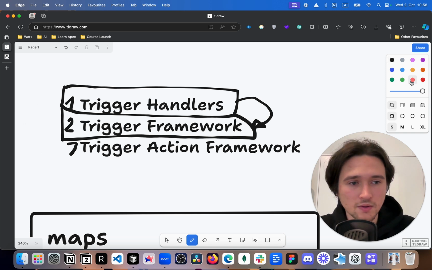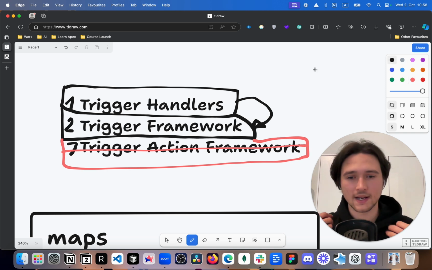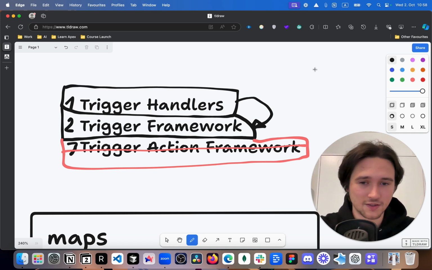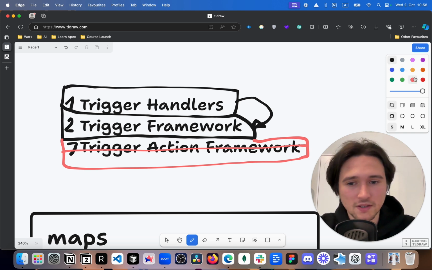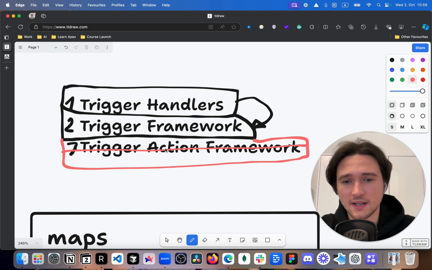And what I don't do is this part. I don't do this because our goal is to give you enough understanding so that you can learn on your own. The goal is to make you independent, like I did with Thomas, so that now he can go and learn those trigger action frameworks. Okay, so this thing, don't do this. Trigger framework, do it partly, a little bit. You need to understand a little bit, but not much.